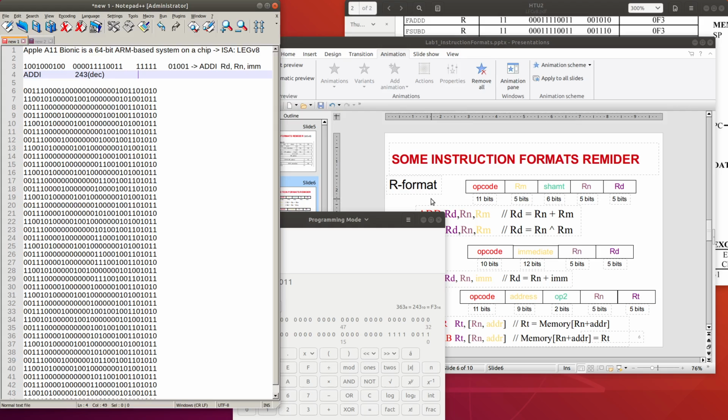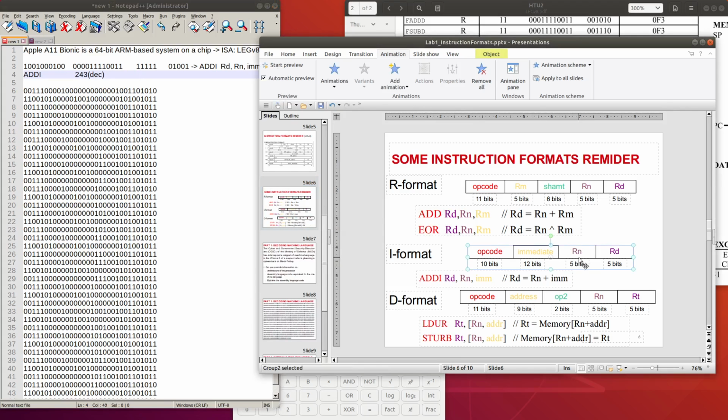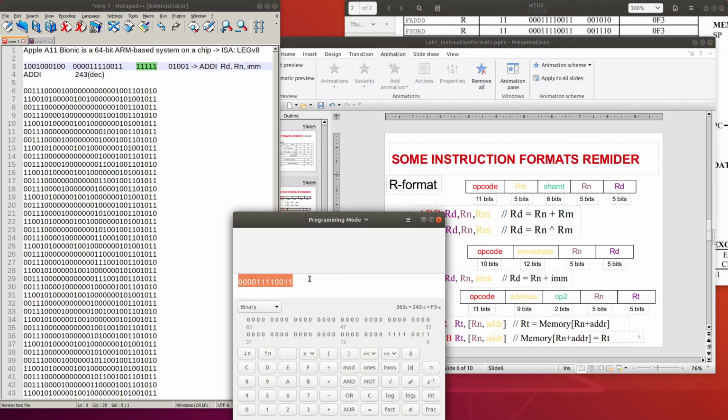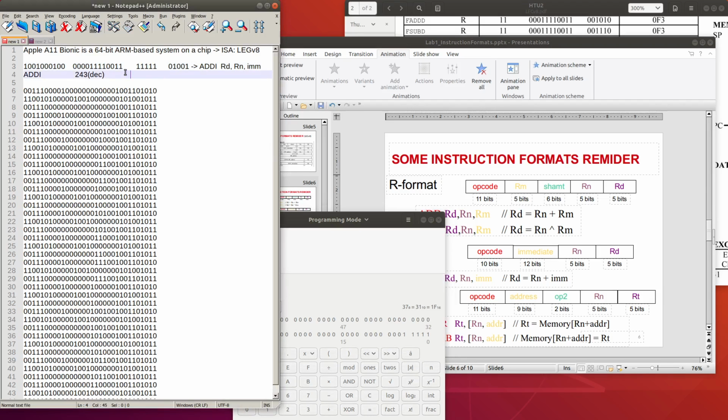From here you can see the next part is Rn. The Rn value is 1 1 1 1 1, so it is 31. And then this value, I think it should be 9, but we will check it right now.